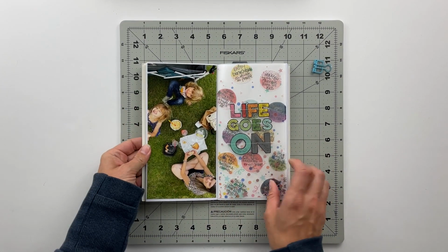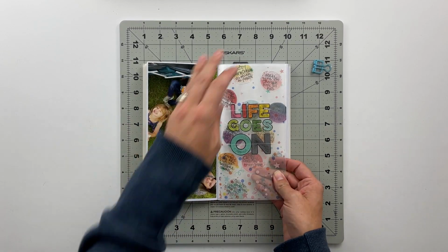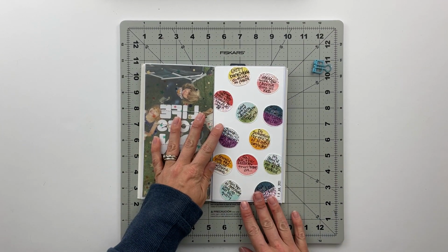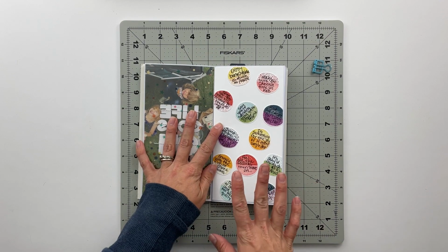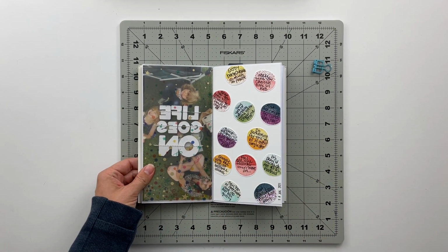So we've got my full page photo that I'm not going to add anything to. I'm just going to let it be a photo. And then the middle piece here, and then my polka dots that I created with journaling inside of each of them. Now, for my journaling with this project, what I decided to do was to just sit down and write